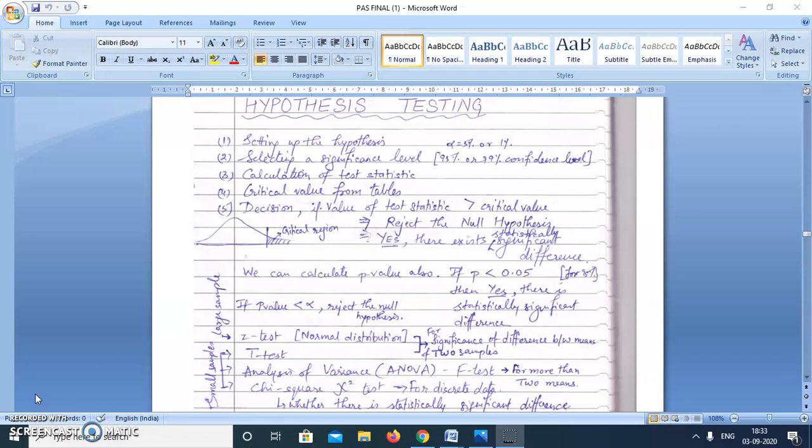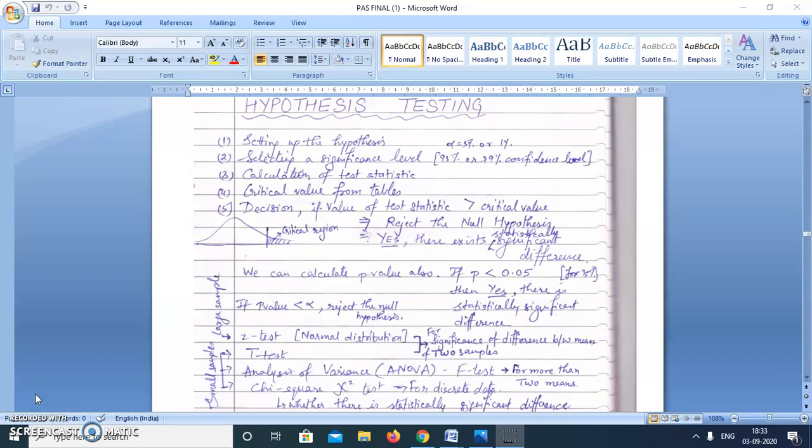And the second part is the alternate hypothesis. Alternate hypothesis means there is a statistically significant difference between the means. This can be double tail, and if the alternate hypothesis is single tail, that means either we are considering the lower side or we are considering the higher side, then we go for single tail, which we'll understand when we practice the questions related to this.